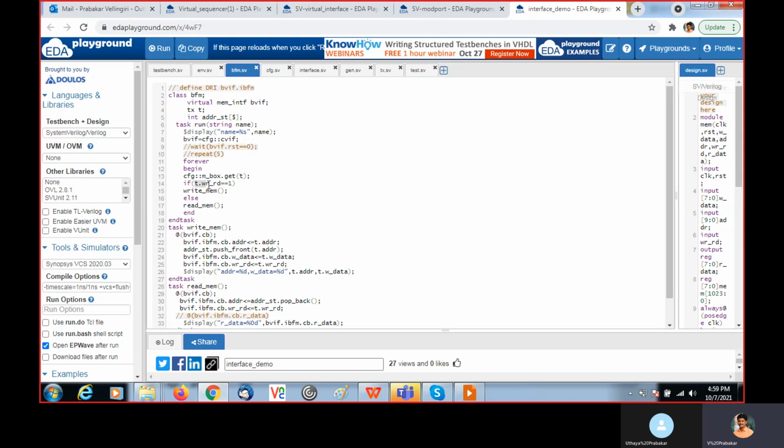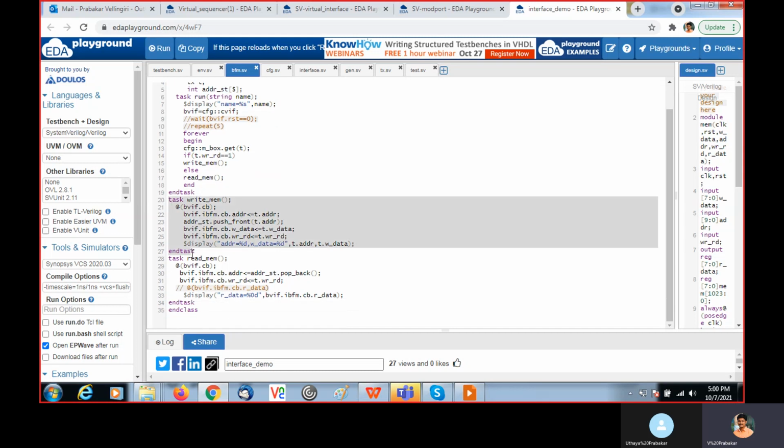Then we are checking inside the T. We have the control signal, address, data, everything, right. Just on this control write read, we are checking if it is 1. I'm going to perform the write mem task that is written here. So write mem at posedge of VF.cd, instead of writing posedge of clock, you can write like this. I'm converting this transaction signals to interface signals.